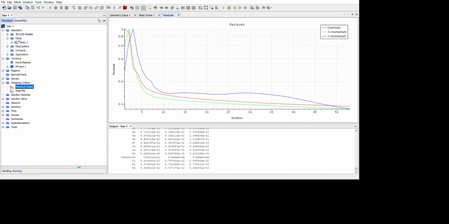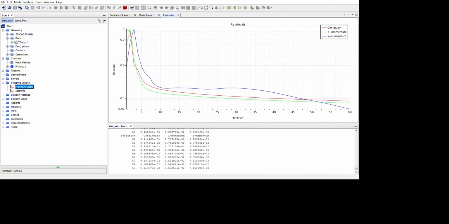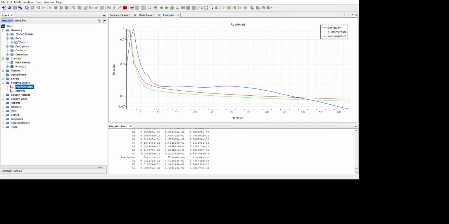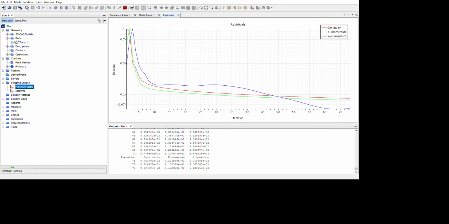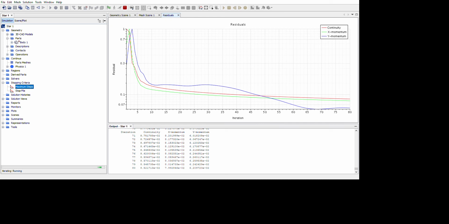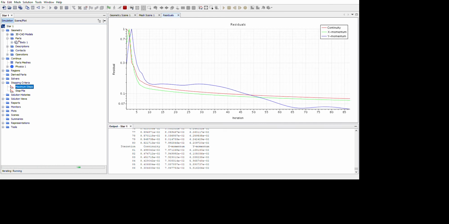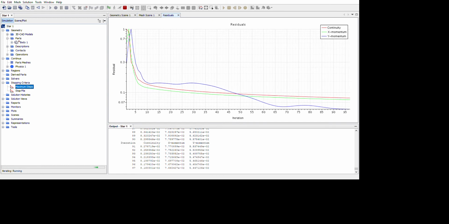For most of the cases in which I do simulation, if these values reach the order of 10 power minus 5 or 10 power minus 6, I could just stop the simulation there, and sometimes the simulation stops by itself saying the solution has converged. So convergence of the solution has something to do with stability, and if you want to know more, you can look up what is meant by convergence of a solution.